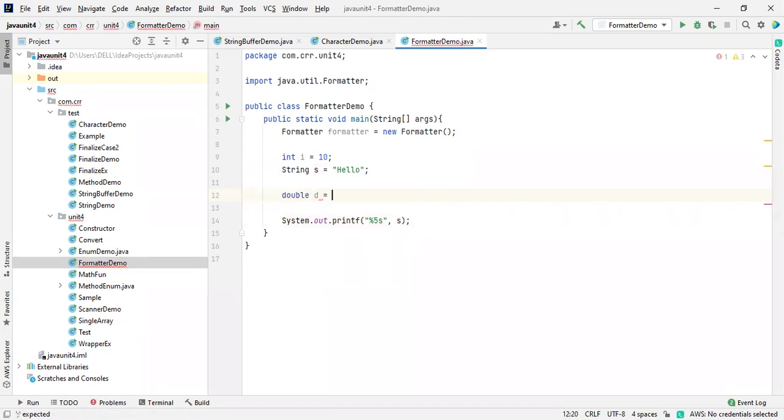Double d is equal to 34.545. Okay, so 343434 I mentioned. See, if I want to format this, a maximum of 3.4 will be printed. So I'm just mentioning that.